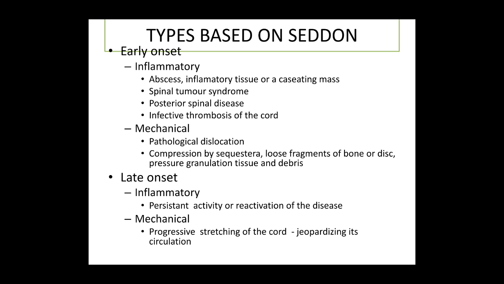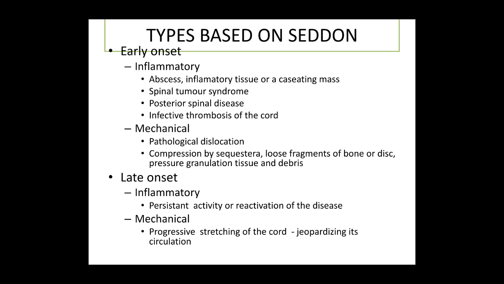There is something called a spinal tumor syndrome, that is when it is predominantly a disease which is full of granulation tissue and caseous tissue without much damage to the vertebral body. When you get an X-ray done, you might not see much damage, but there is severe pus and granulation tissue and caseous necrosis which is causing the compression of the spinal cord, resulting in paraplegia. So that's called a spinal tumor syndrome. Only an MRI will be the diagnostic modality of choice in these cases.